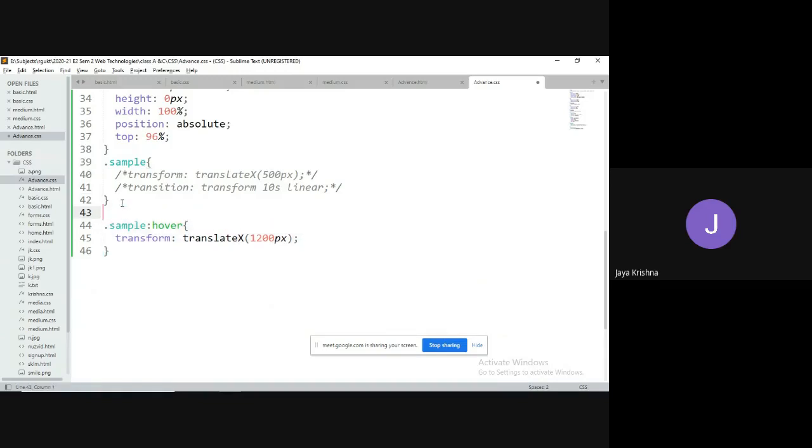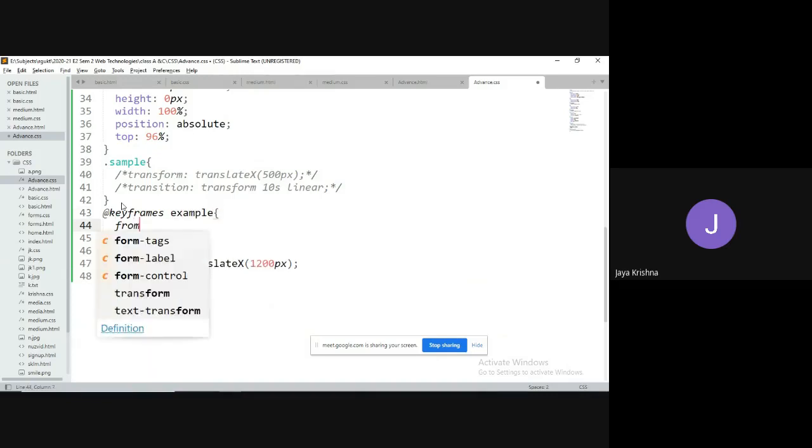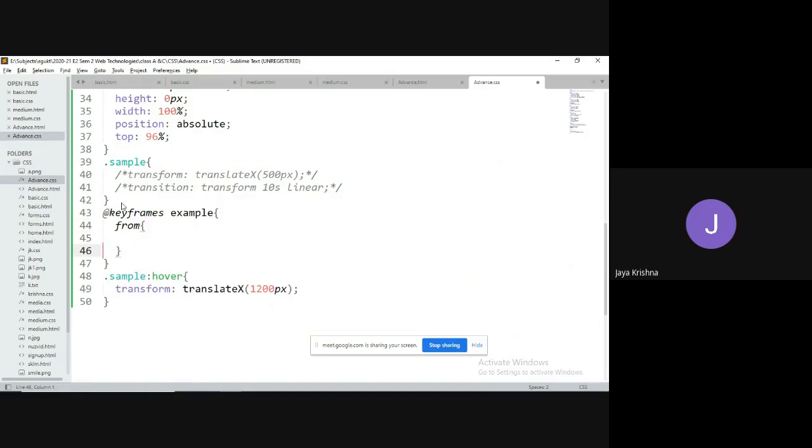So before that, I'm going to define the keyframes. To apply the animations, we need to apply the keyframes, right? Yeah, I will take the keyframes. The keyframe name, I will take only example. Yeah, fine. So I'm going to define the from. If you would like to have 0% and all those, you can, but I will take from and to, because I need to apply multiple timing effects. I require only two things here.